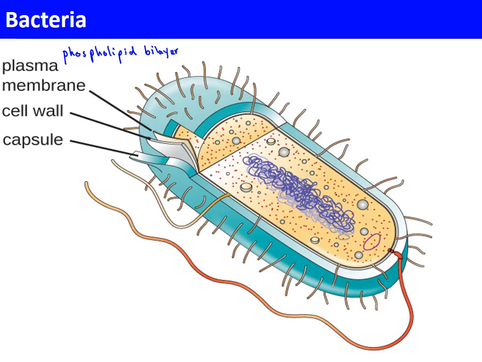Now we know each phospholipid is made of a polar head made of glycerol and phosphate, and two fatty acid tails that are hydrophobic. There's two layers of phospholipids, and the fatty acid tails face each other, so it's the hydrophobic interior of the cell membrane, and the polar heads face out of the cell and also face in towards the cytoplasm. Now we know the cell wall in bacteria is made of peptidoglycan,